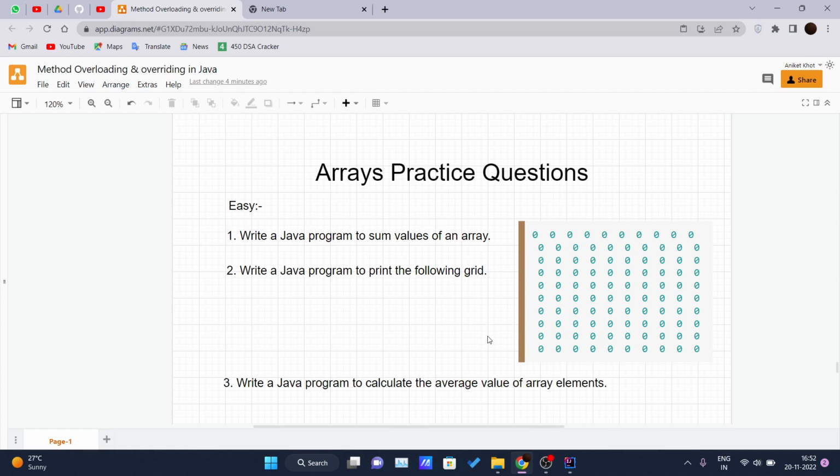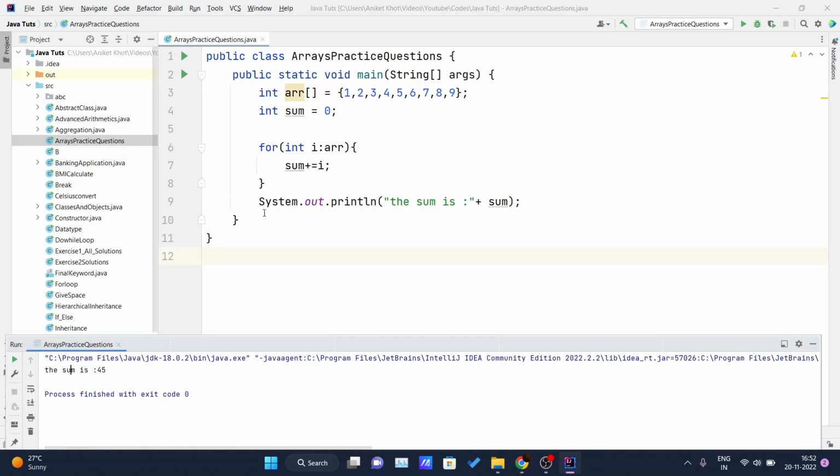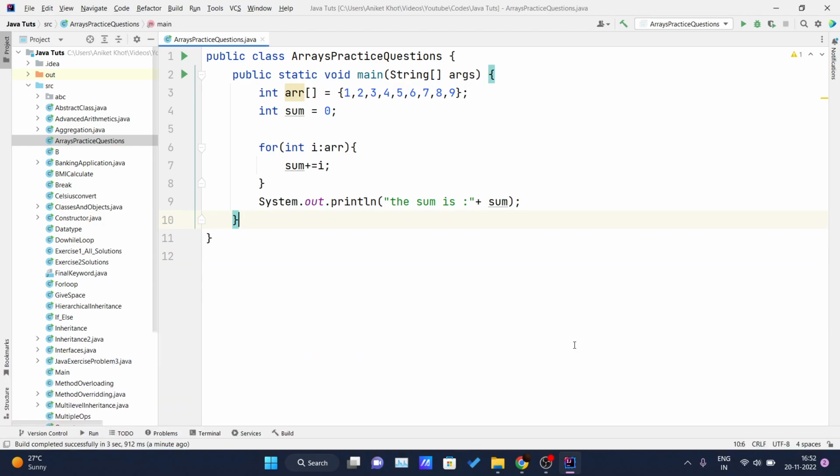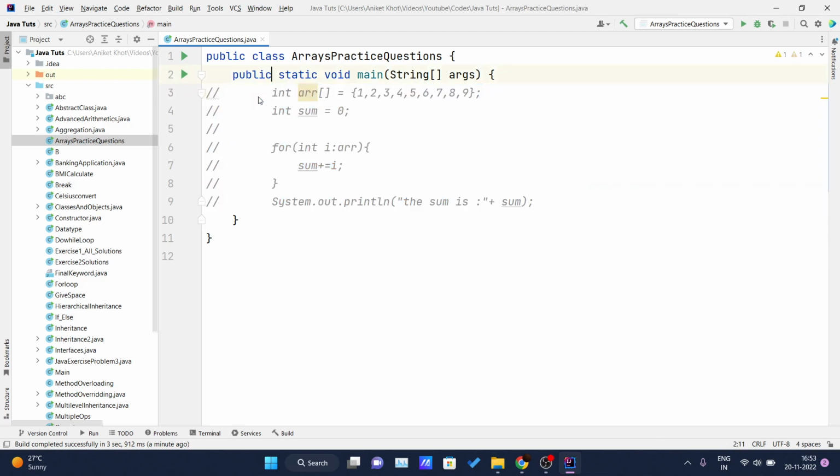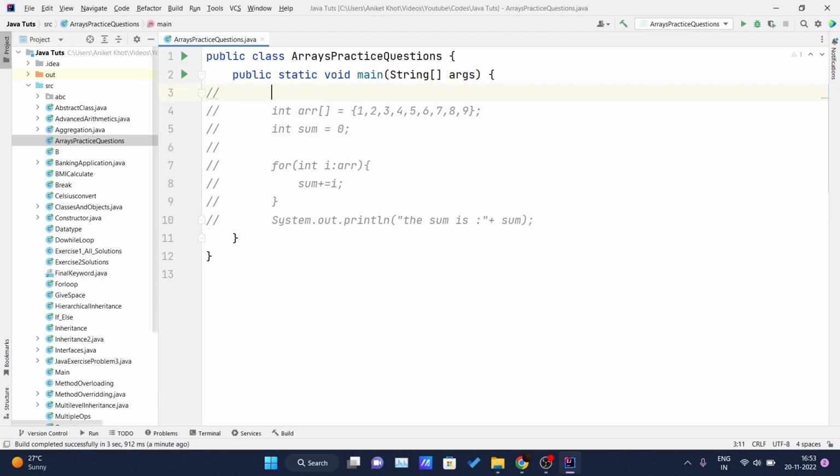Okay, so let me get into my IDE. I will comment this out. This is the solution for question number 1. I will comment, and I will write one more comment. Now from here onwards I will write solution to question 2, and inside this